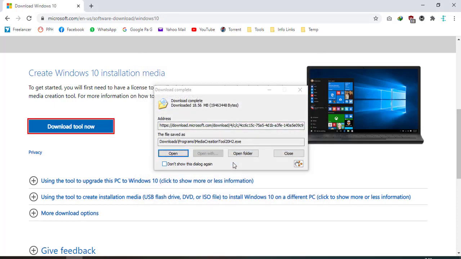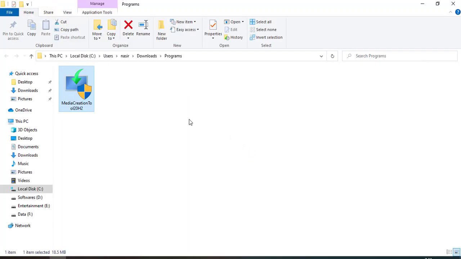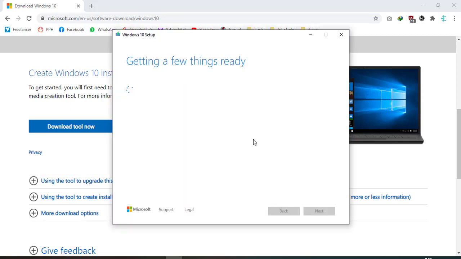After the download completes, you can just open or open folder, and double click this media creation tool to start. After a short time you will see this screen on your laptop or computer.